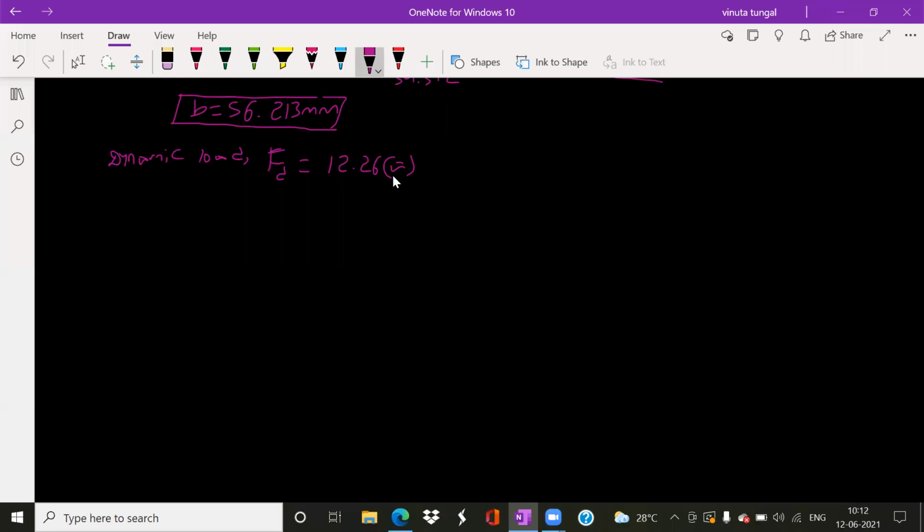In the equation 12.26a, first you need to calculate the value of FT. Already we have calculated the value of FT. Next you need to note down K3. Can anyone tell me the value of K3 from the data handbook? This K3 value is given below equation 12.26. How much is the value? 20.67. K3, you got it. Next is C. C is nothing but the dynamic factor. How are you going to get the dynamic factor?